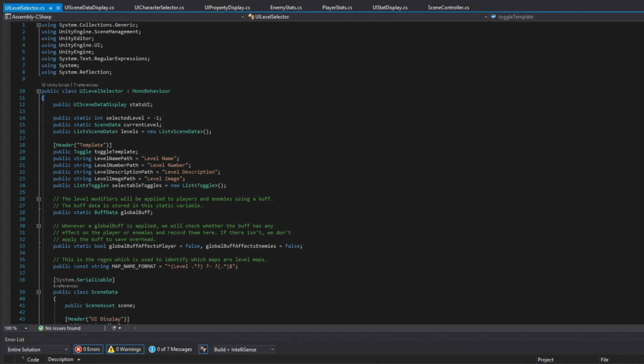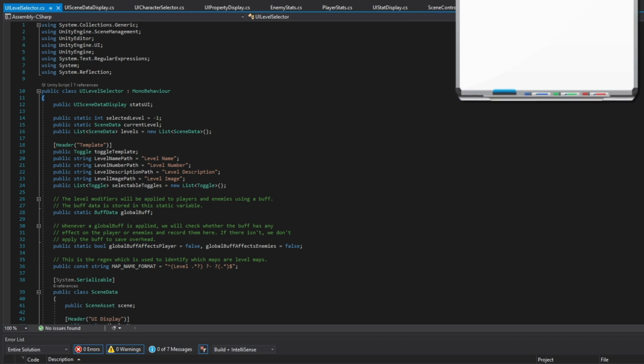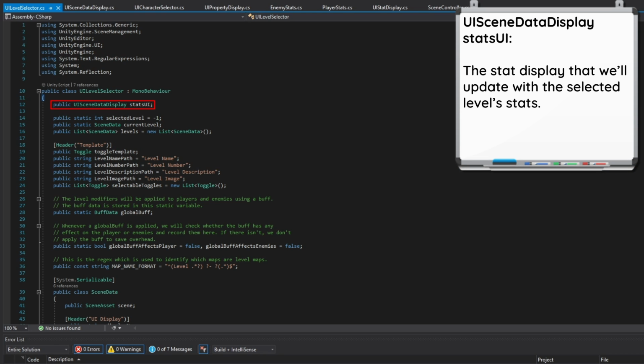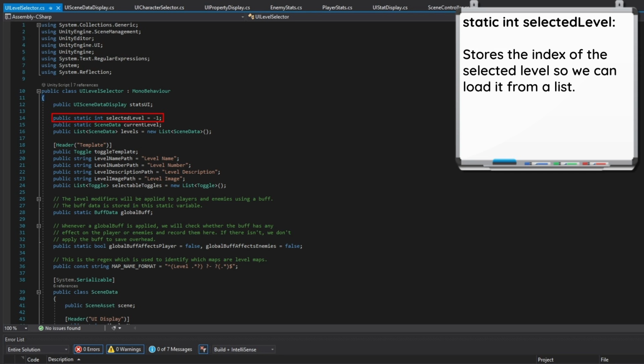Now there's quite a bit to go through for our UILevelSelector, so let's start off by going through the variables so we know what each of them represent. First off, the stats UI variable stores the stat display that we'll be updating with the selected level stats. Next up, we've got a static int that stores the selected level's index, and another static variable called currentLevel